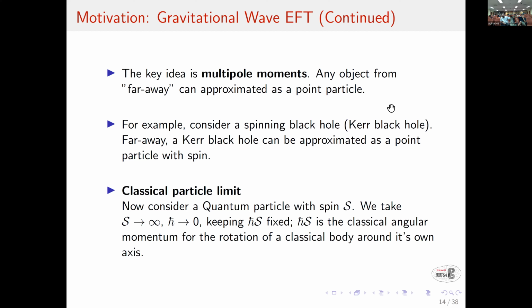Sorry? At which moment can we approximate this black hole as a particle? As I'm saying, strictly speaking, we are at a length scale which is far larger than the length scale of the black hole, which is the Schwarzschild radius. So if the Schwarzschild radius is Rs, then Rs over R is much, much less than 1. Then you can do this. So the merger phase cannot be understood in this way. And it's not the 2 to 1 scattering. No. So we are interested in this.